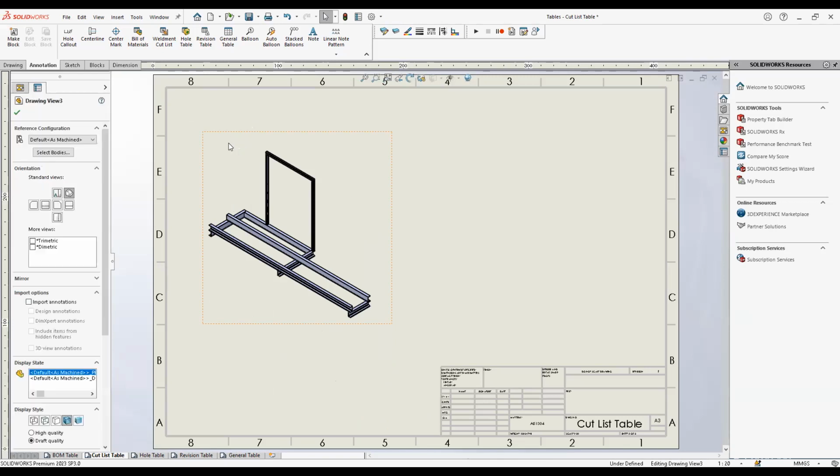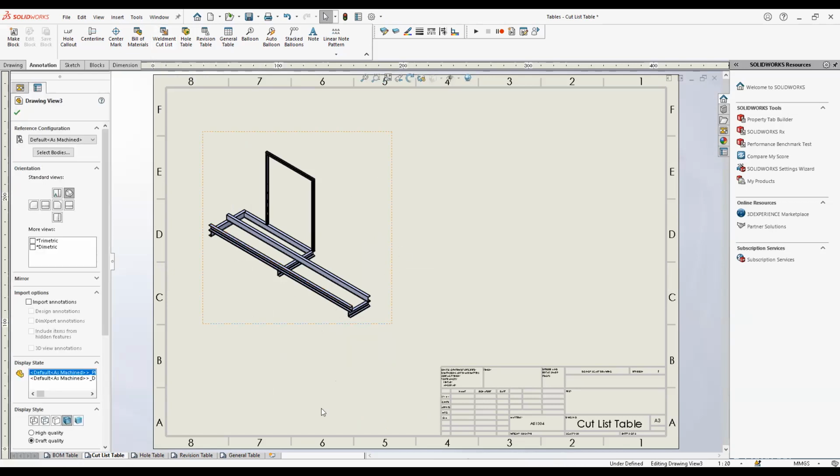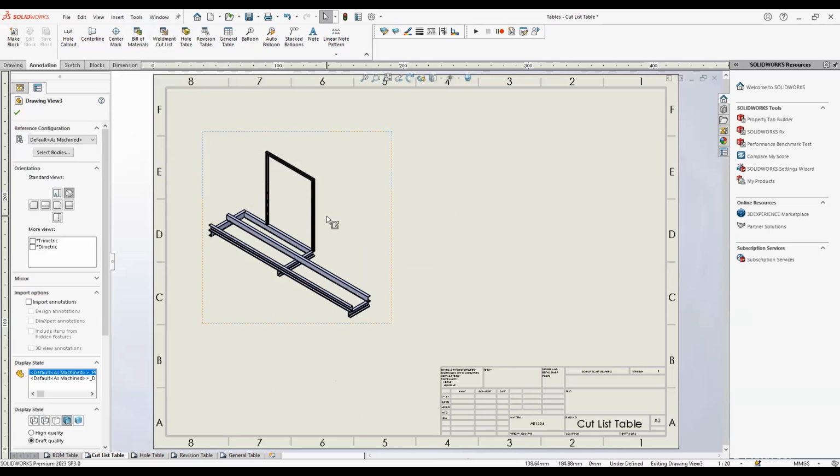You can click on the view first, and then you can click on the weldment cut list, or you can right click on the view. You can go to tables, and then you can pick weldment cut list, or you can go insert tables and weldment cut list. You can also assign it to a shortcut key, and you can customize over here. Like I have tables over here. So